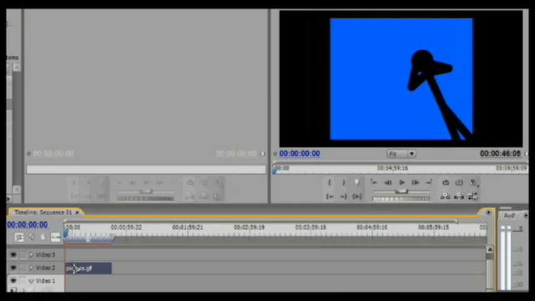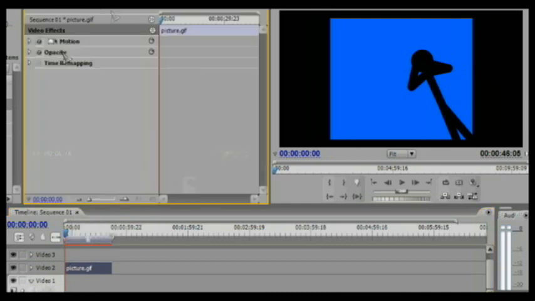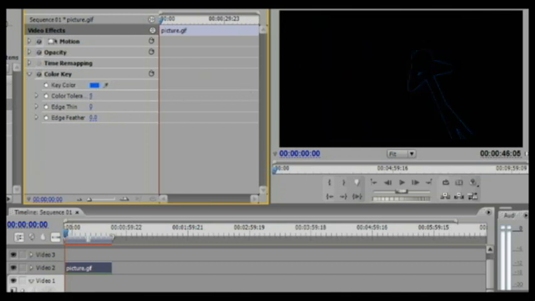So we'll do this one, effects. I'm going to add in Key. Let's add, oh wait, yeah, Key, and then I just added in color key there. Just bear with me, it'll be roughly the same thing. So then I drag the eyedropper over to this color, and turn the color tolerance up a little, and he's virtually invisible. Alright, now I know you're not able to see him, but if we add in another right here,